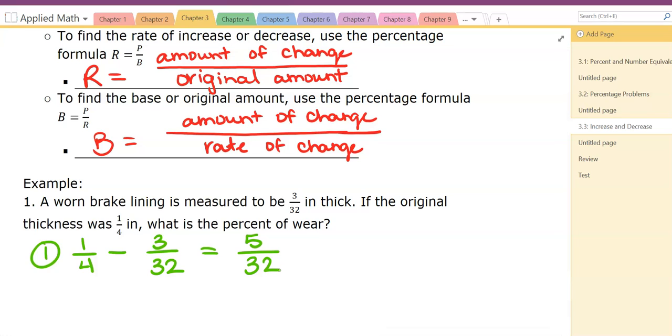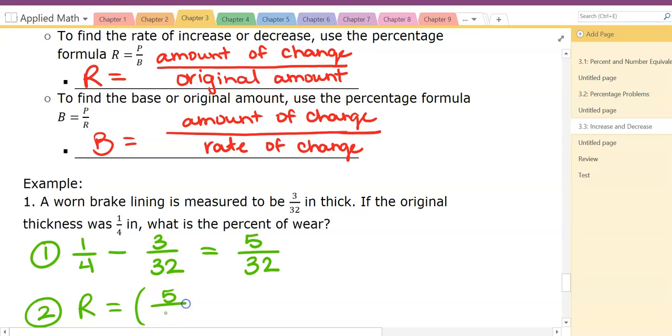So step 2 is to use that equation from up above. So I put the amount of change over the original amount to find my rate. So I'm going to take the amount of change, 5/32, divided by the original amount, which is 1/4. Again, if you're doing this the long way, you'll have to multiply by the reciprocal, or just type this into your calculator. Your calculator can divide fractions for you, so you don't have to. And so this comes out to be